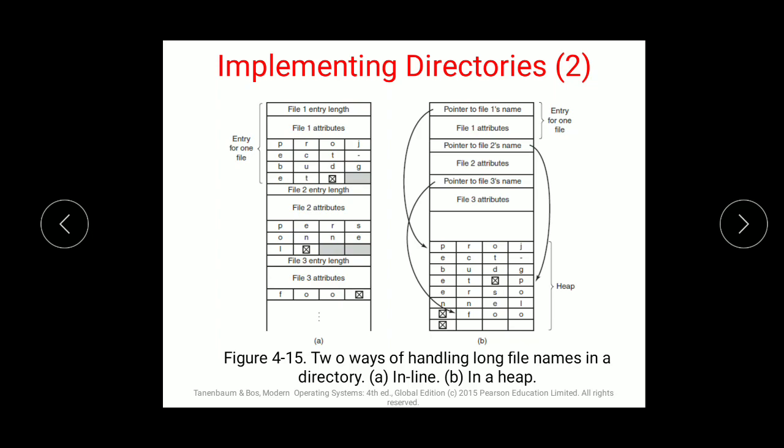In the first one, it will go for the variable actual length, that is the size of the file, then it will show its attributes, and then they will arrange each file entry which begins with its fixed section. Then they arrange the second file: the length of the file, its attributes, and then again the data of the file. Likewise, each other file will be arranged in a line, in sequence format.